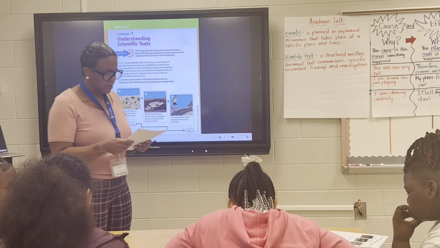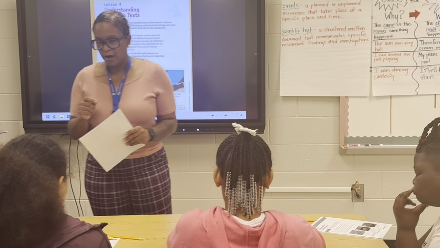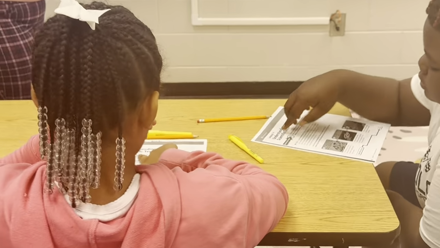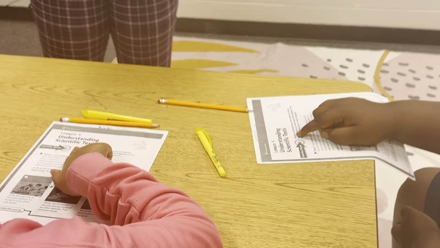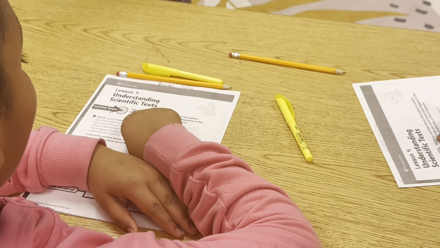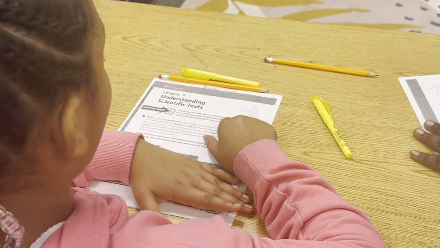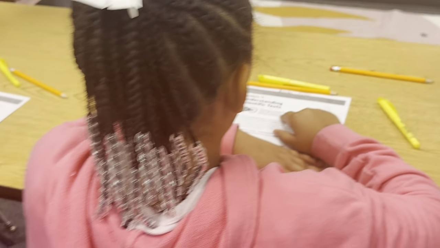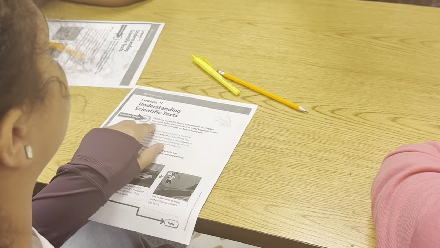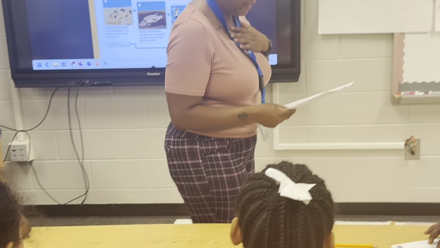So the first thing I want us to do, I want us to read the learning target together. You see the learning target at the top? All right, put your finger on it. You know how I feel about that, whether we're first, second, third, fourth, or fifth grade. Put your finger on it, and let's read it together. Let's go. Thinking carefully about information in science text will help you understand what happens in the natural world and why or how it happens.